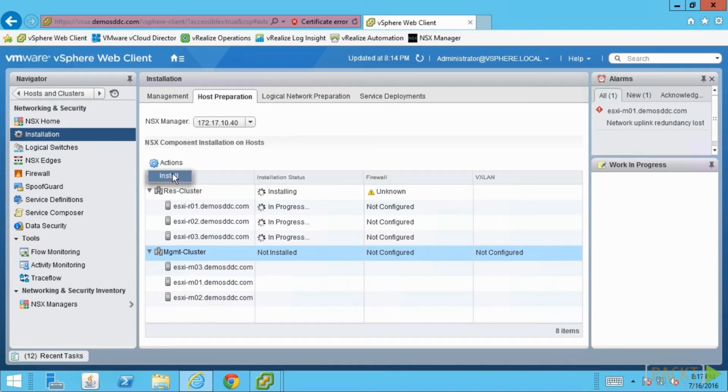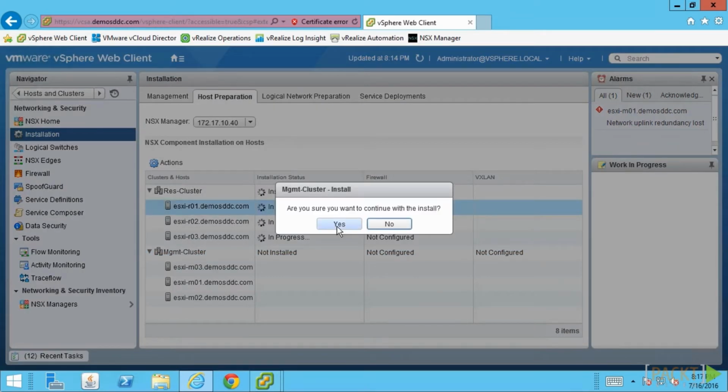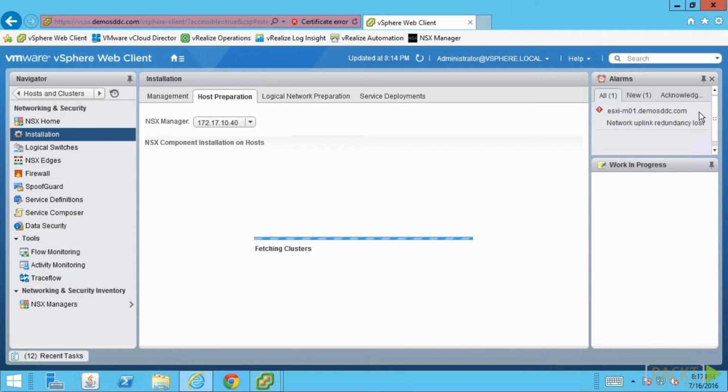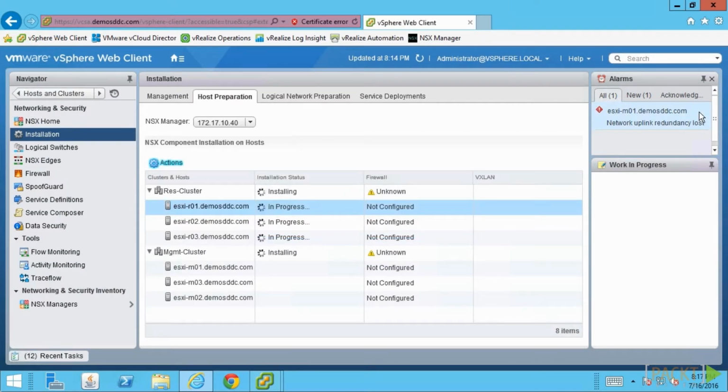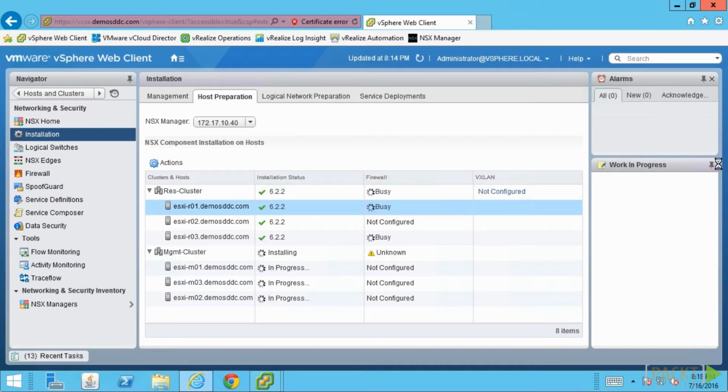All of the installation is being operated by the NSX Manager and prepares the ESXi host also with the certificates so that later on the communication from the NSX controllers can be done directly with the hosts in a secure and encrypted fashion. Once all of the hosts are prepared, you will see that the installation status shows you always the version number of NSX being deployed on the hosts, and the firewall checkmark tells you that the distributed firewall features are enrolled